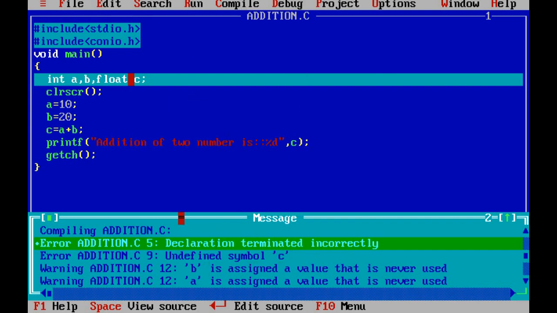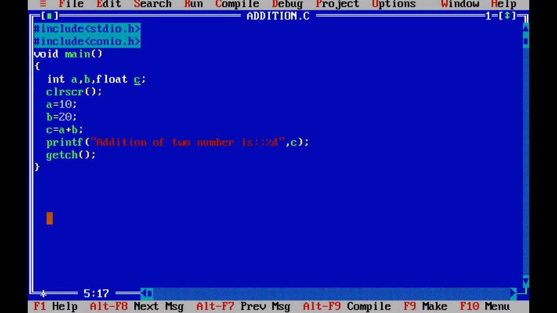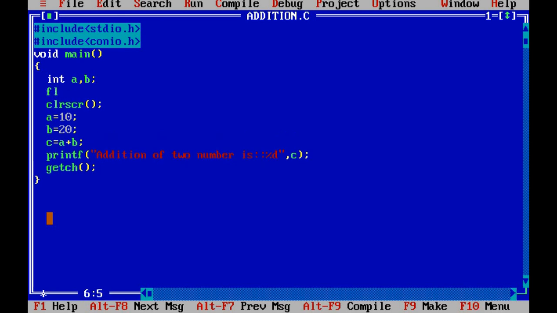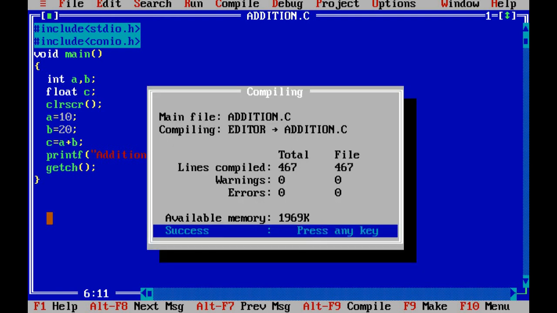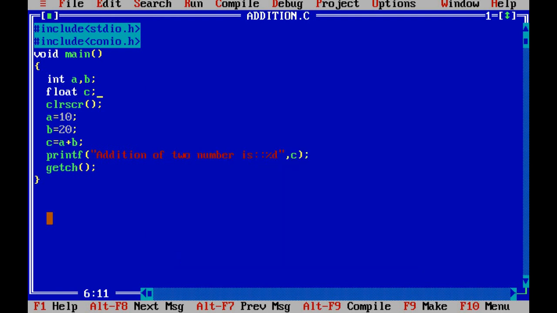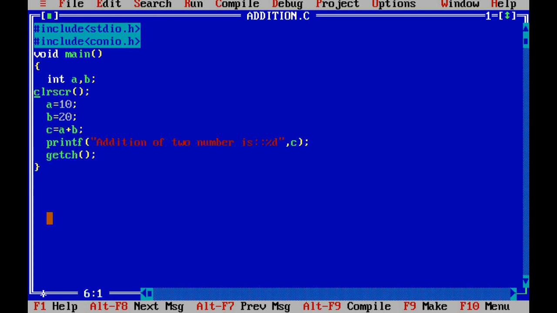So if any variable has a different type, then at that time I need to declare it on the next line. Means what? Suppose I want to declare C as a float, then go to the next line and declare float C. It will now be valid. Understood? But if they have the same data type, then you can declare them on a single line with only the comma operator, separated by commas.